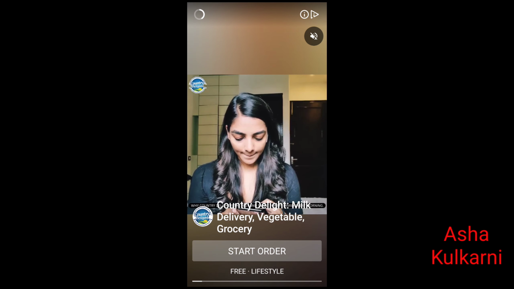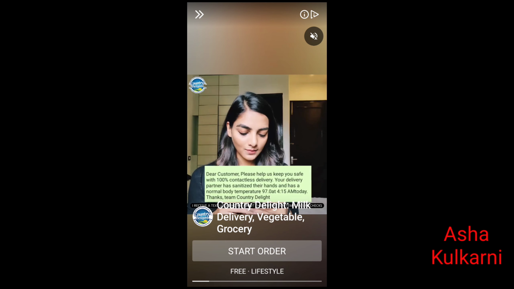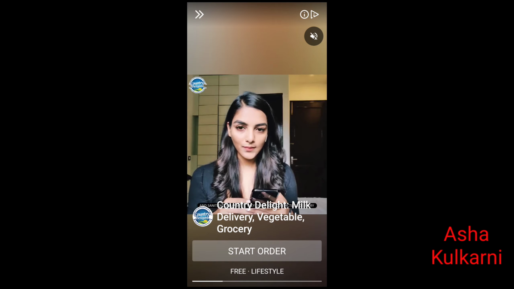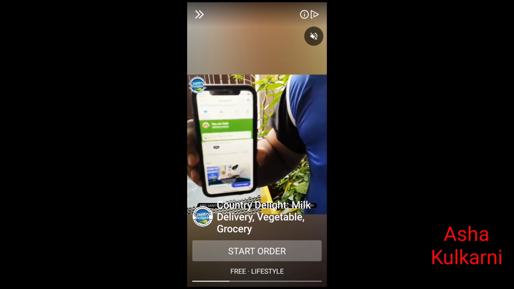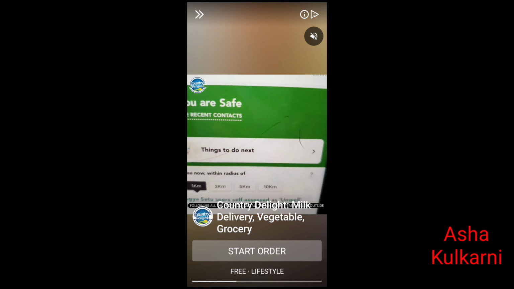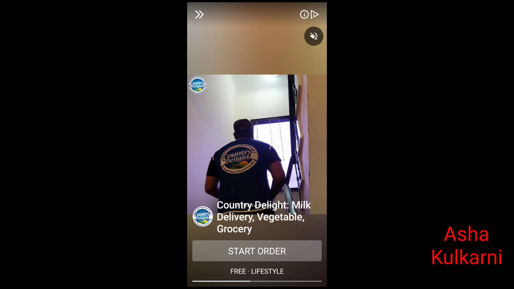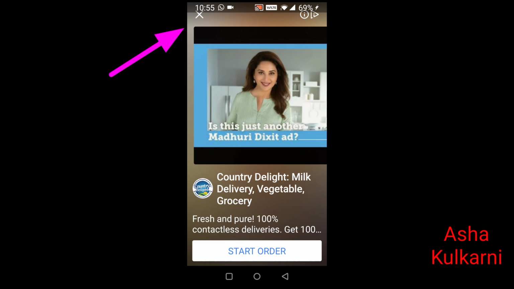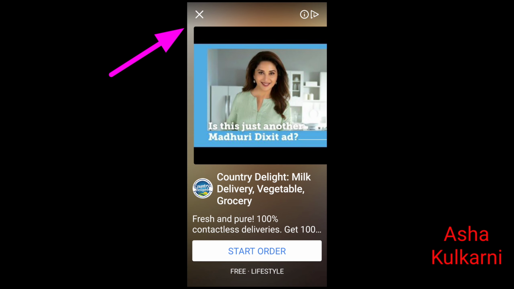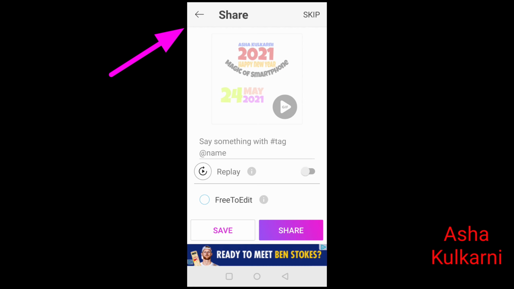You have to bear because this is a free app, so they need to give ads on it. You have to bear it till you get an X cross mark somewhere on the screen at the top. Usually it is on the left or the right side. You have to wait for it to come. There it has come on the left side, X. You can see, tap on that X. So the ad goes off.